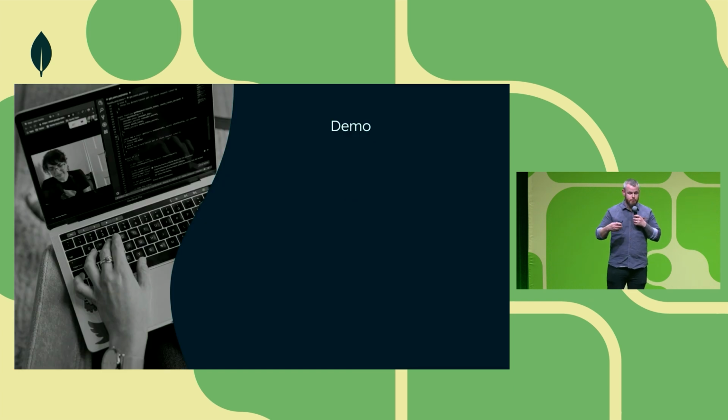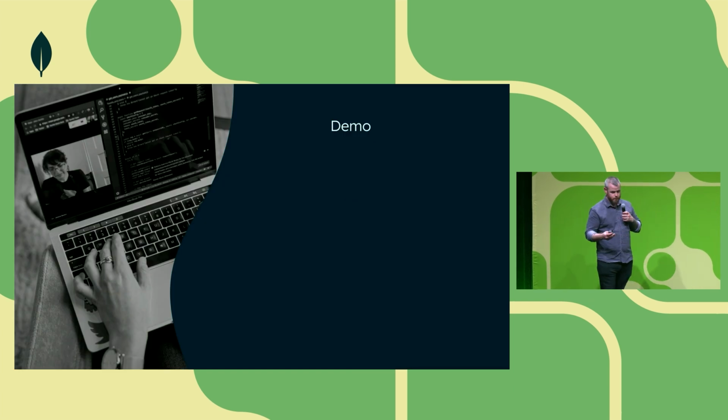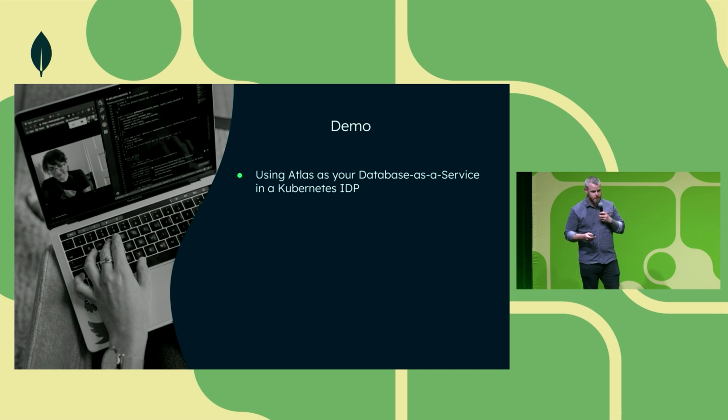So now we've reached the first of our demos in this talk, and this one's focused, unsurprisingly, on Kubernetes and the Atlas operator. I'm going to show you how to use it with common IDP tooling. So effectively, that means leveraging Atlas, as Ratuja suggested, as a database as a service in an IDP, in this case, Kubernetes-based. Not only does it fit in superbly with Kubernetes-based applications, but as you mentioned, Atlas's fully managed service makes it much, much easier than trying to self-host.